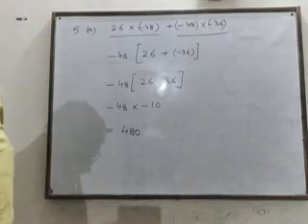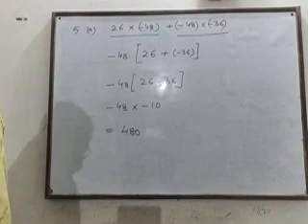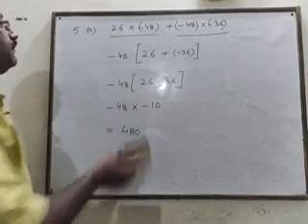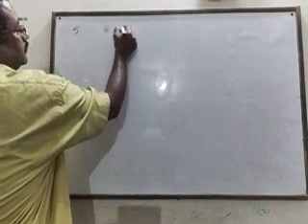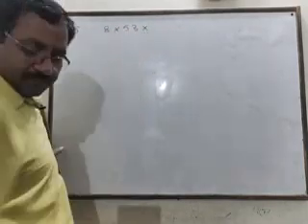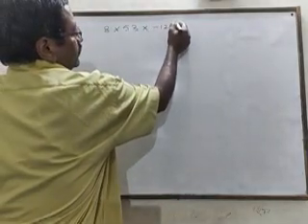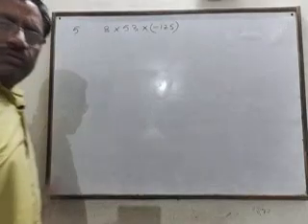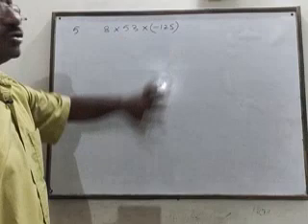So this question is related to the converse of the distributive property. Now the B part: 8 multiplied by 53 multiplied by -125. B part of question number 5. You can use any property here. You can do this question directly also.